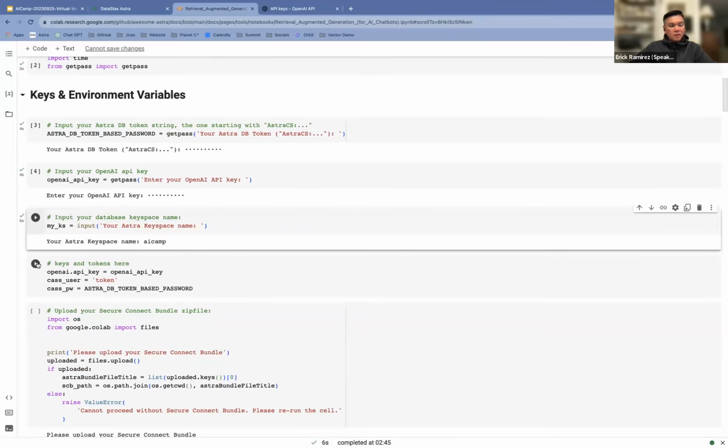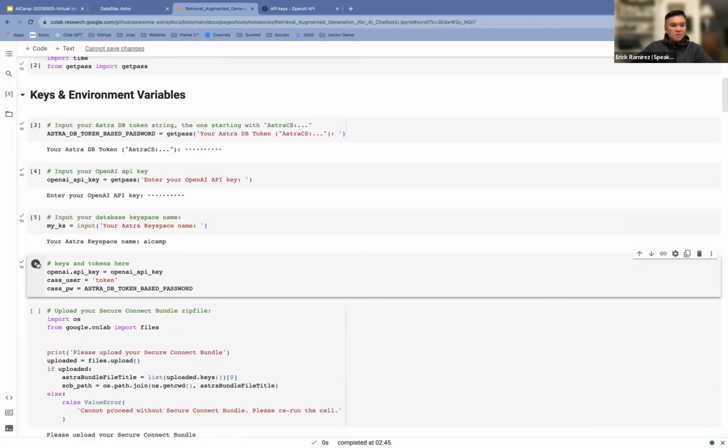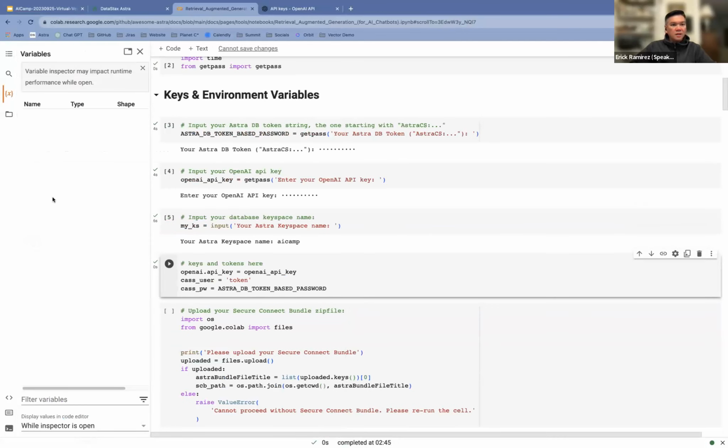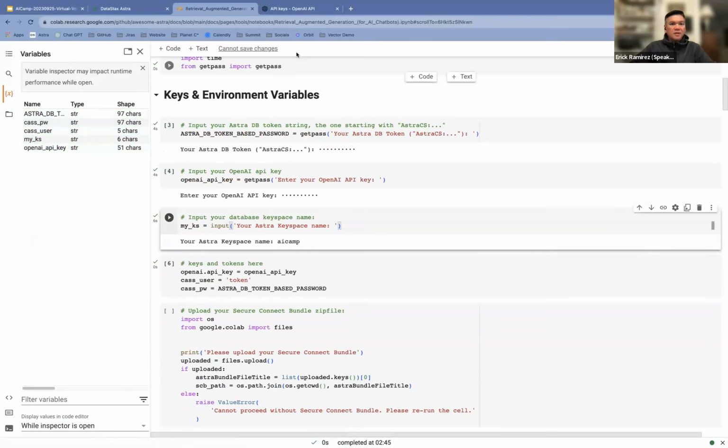I'm going to run this next one, which will have stored it in here. That's just what we've done: we've stored the environment variables.